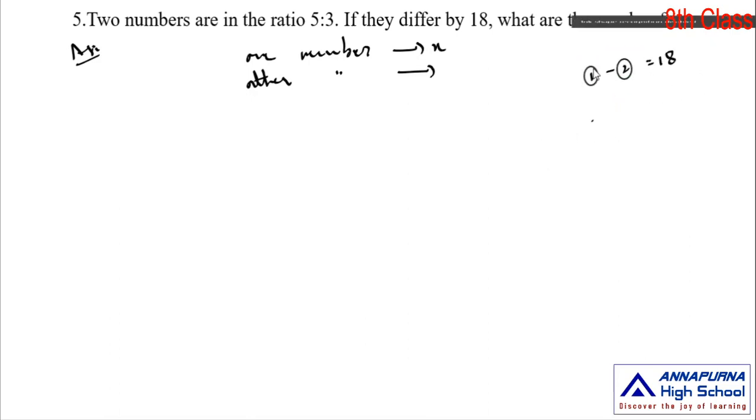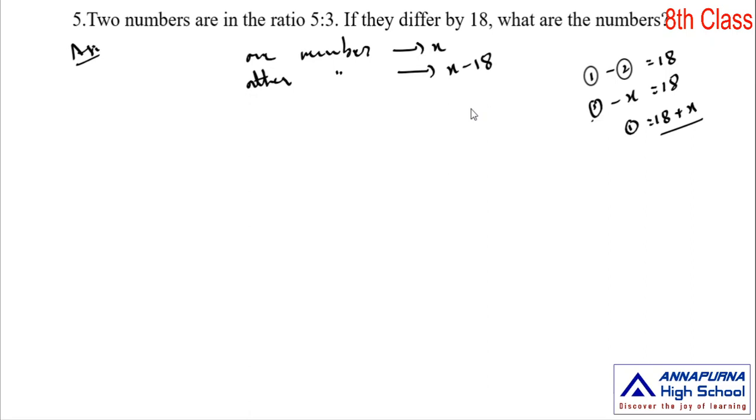In case the first number is x, then we find the second number: when you transpose the second number to the right side and 18 to the left side, the second number is equal to x minus 18. So here the second number is x minus 18. And if you think of this x as the second number, then what is the first number? When you transpose this minus x to the right side, the first number is equal to 18 plus x.